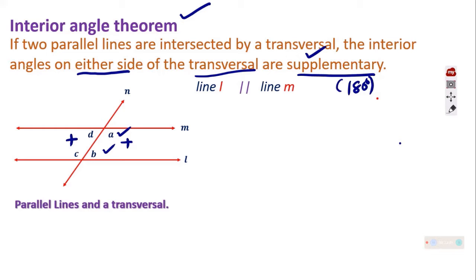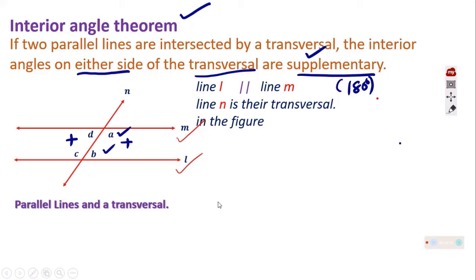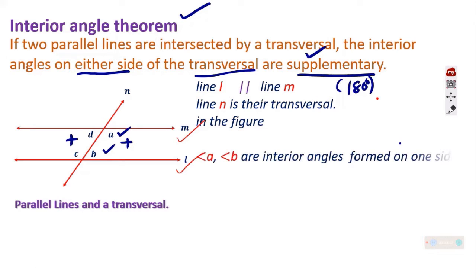Let us name this as line L and line M, and N as the transversal. That is what is given in the figure. And let the angles A and B are interior angles,